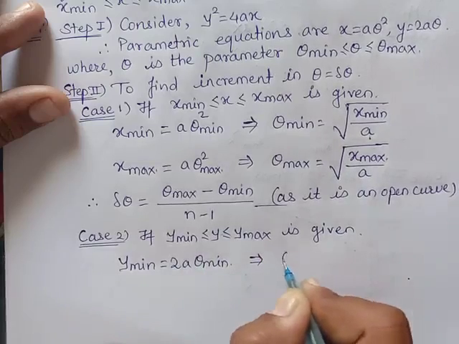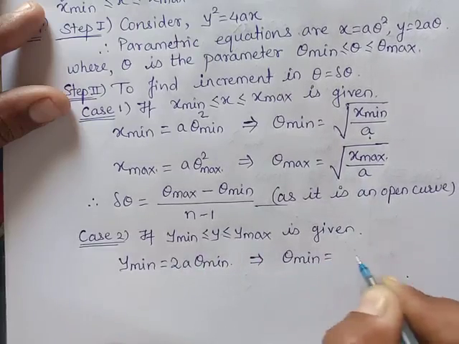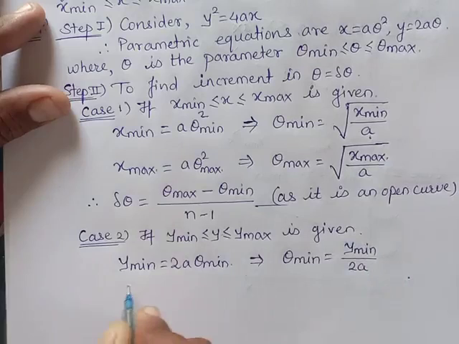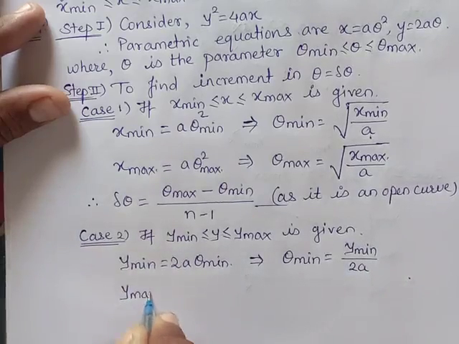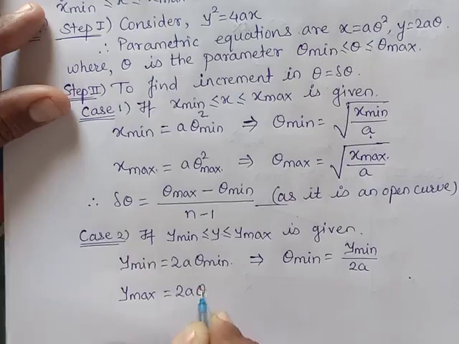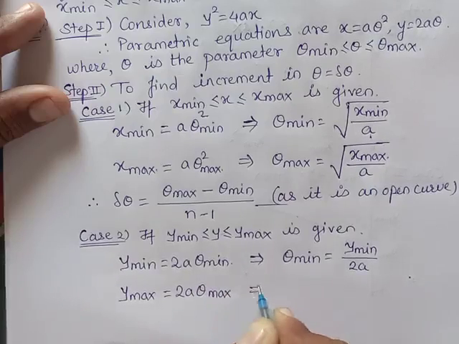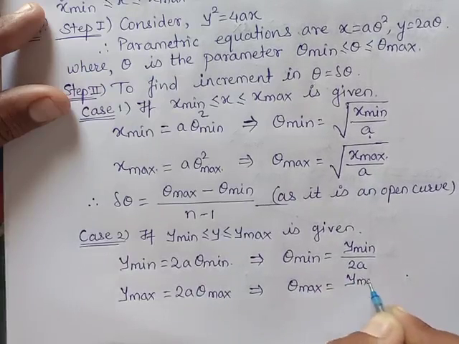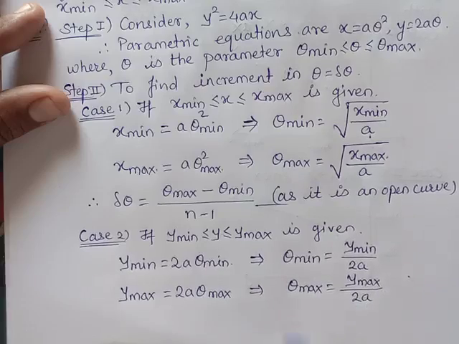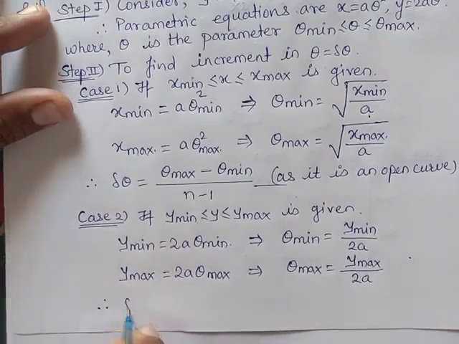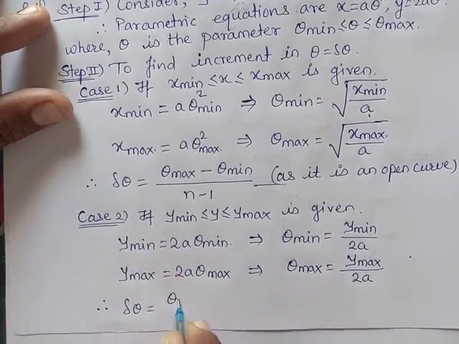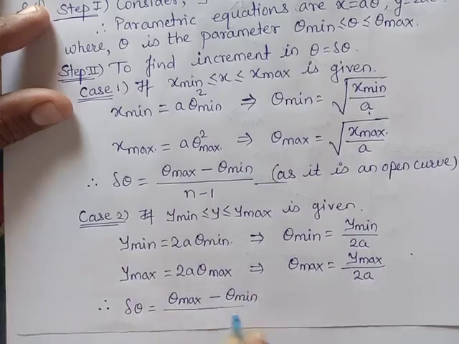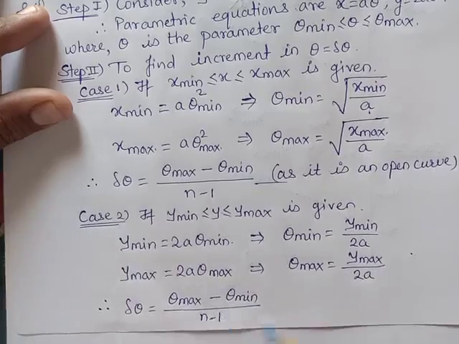That gives theta minimum equal to y minimum upon 2a, and y maximum gives 2a theta maximum. That gives theta maximum equal to y maximum upon 2a. Therefore delta theta is again theta maximum minus theta minimum upon n minus 1,